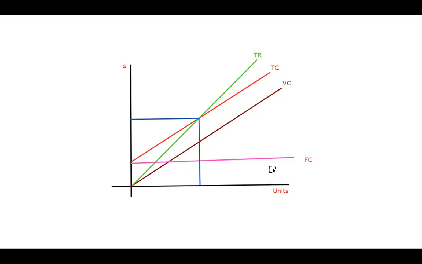Okay, this is your diagram for break-even point. Most of the books don't want to show you the variable cost. They show the total cost and total revenue intersection here. This is why I showed you this variable cost: the total cost line should be parallel to it, because look at the zero point. How much is variable cost at the zero point here? Variable cost is 0.